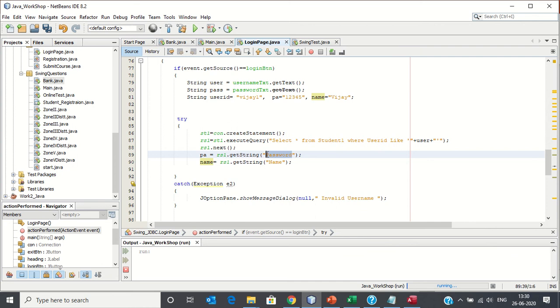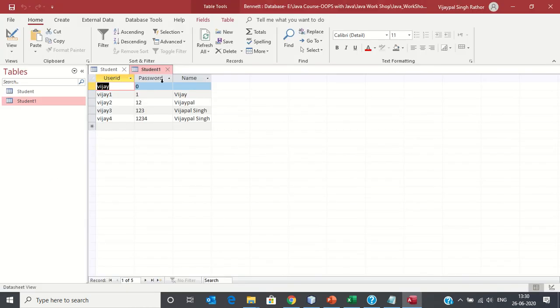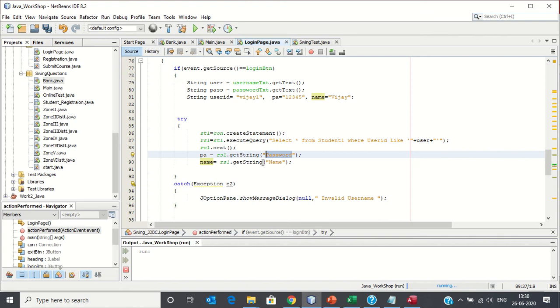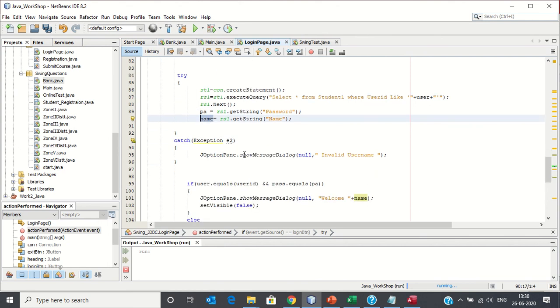The name of the field is specified in the database, and name is the other field. So we have extracted two columns of that row from the database, PA and the NAM name variable. Now we have to compare these.